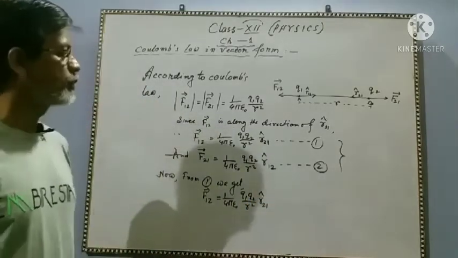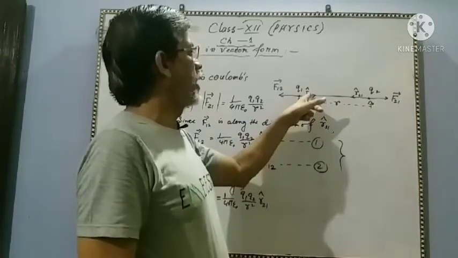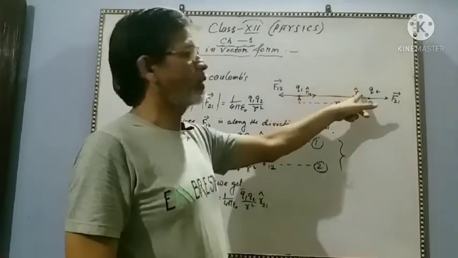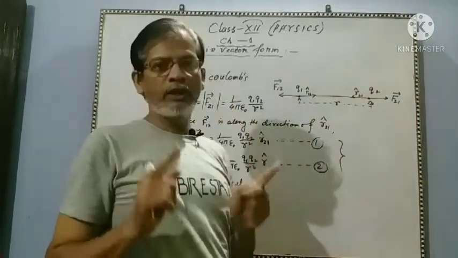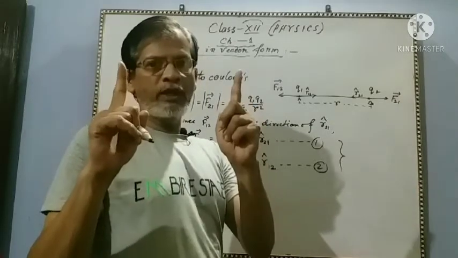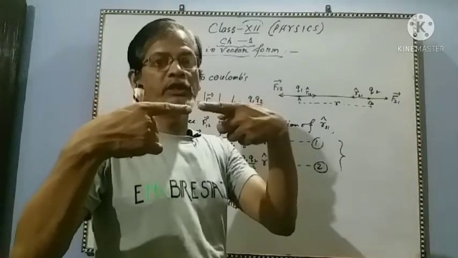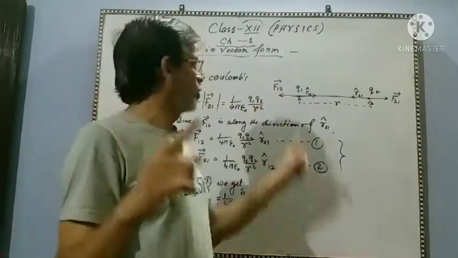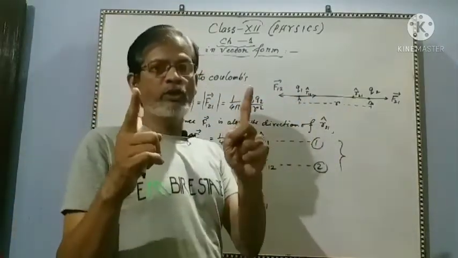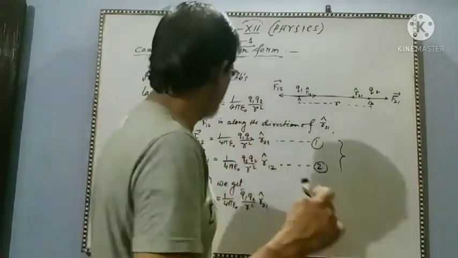Now you see what is R12 cap and R21 cap. Both are unit vectors. So both have magnitude 1, but their direction is reverse, opposite direction. So both are equal in magnitude, opposite in direction. So this can be represented by